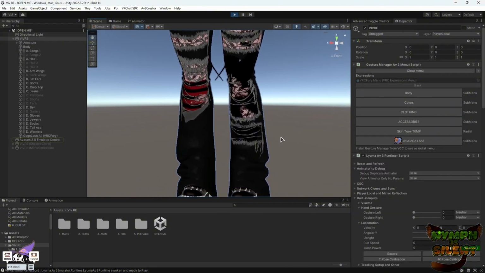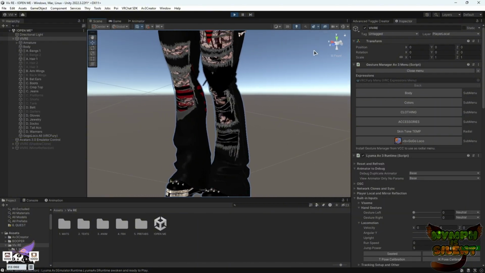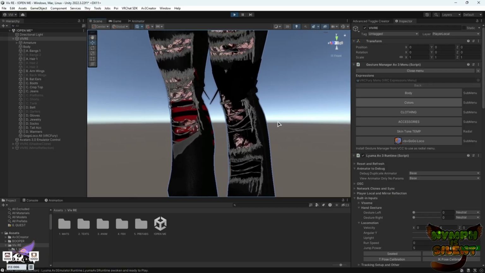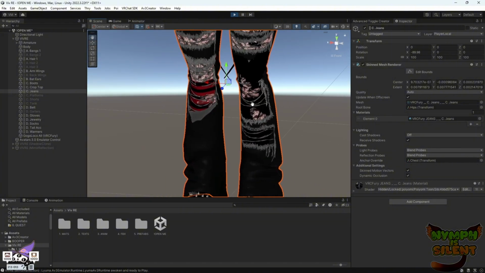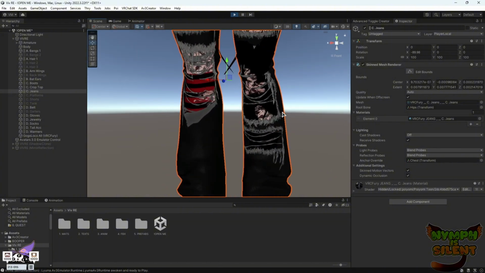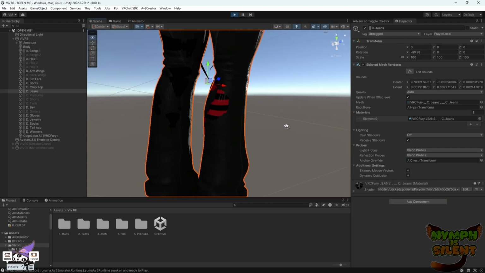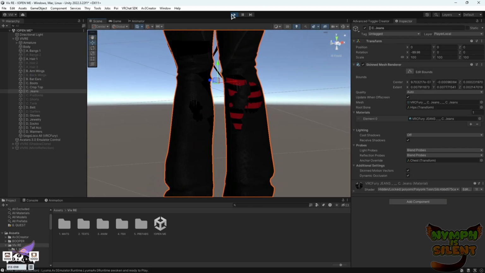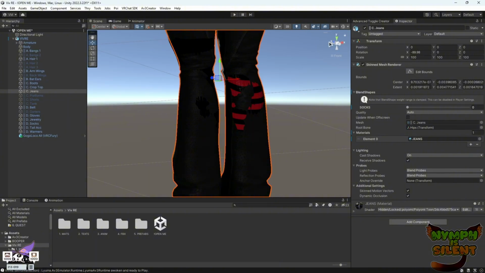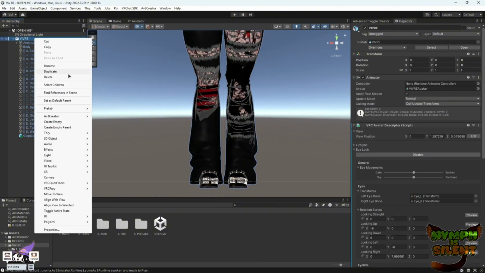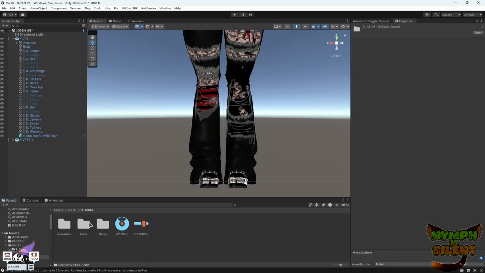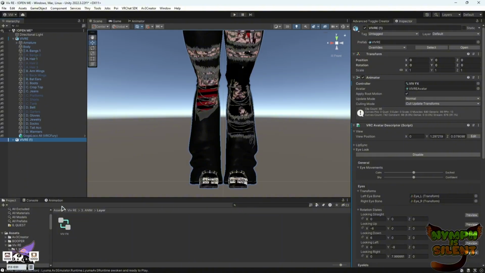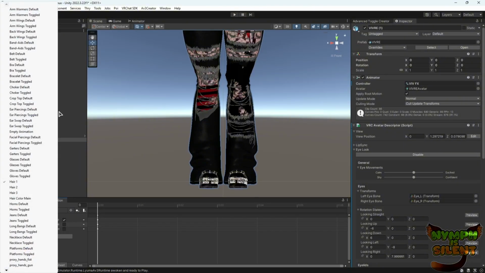So now I'm gonna show you how to do blend shapes. If you notice here, you can see that the blend shape I made for the jeans to expand over the socks has not been applied yet. So let me go ahead and show you guys how to do that. Just like when we animate, we're going to duplicate our avatar and hide the original. We're going to drop that FX layer on top. And I'm going to pull up the jeans